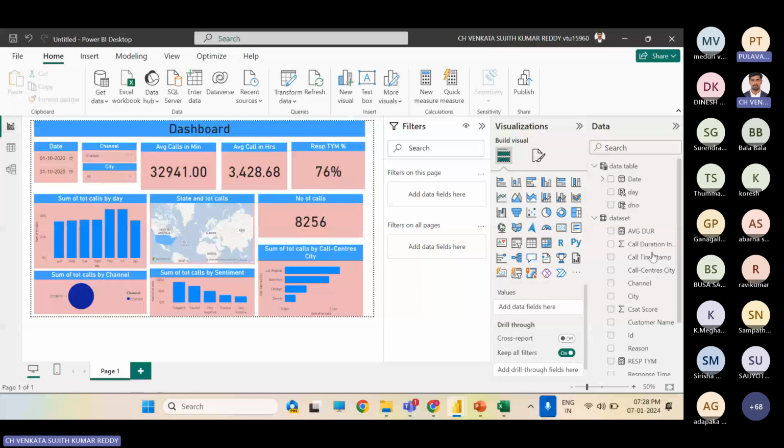And also, if you want to go from the cities, the call centers, like Los Angeles, I have selected now. For this Los Angeles, how many calls do I have? It's completely interactive visuals. Power BI is completely, fully interactive.